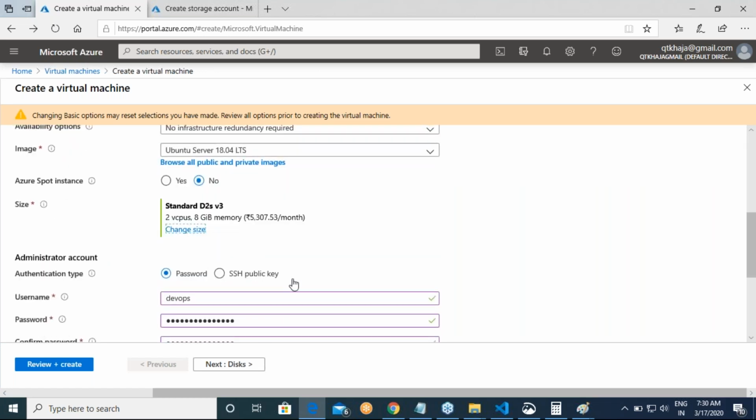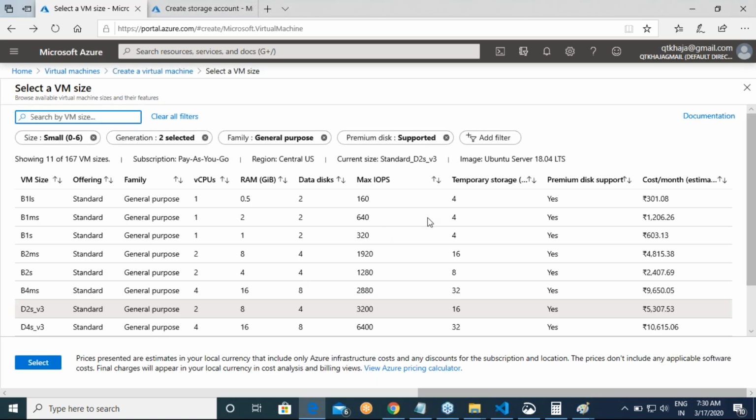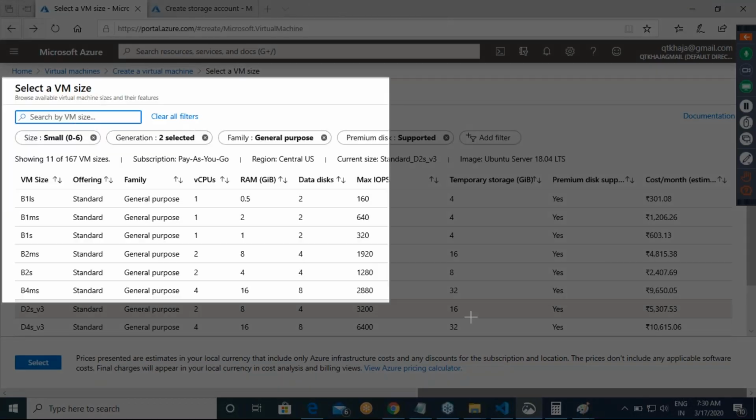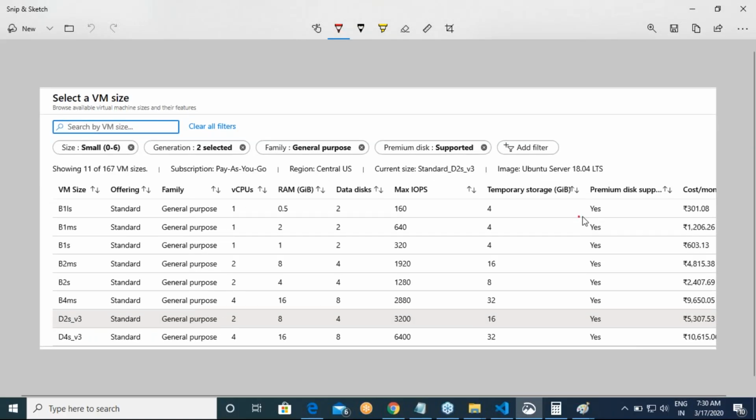Are you seeing disk size? Okay. Now are you seeing temporary disk storage? Yes. So every virtual machine in Azure, depending on your virtual machine, tells whether premium disk is supported. What is the temporary storage you get?